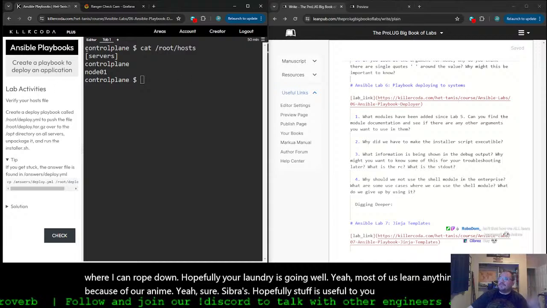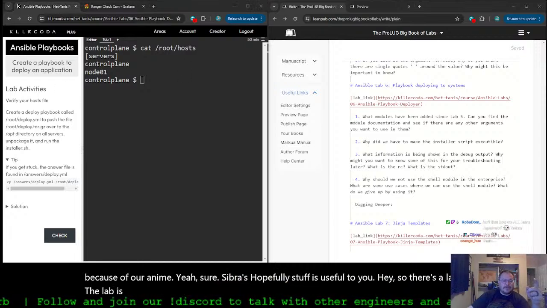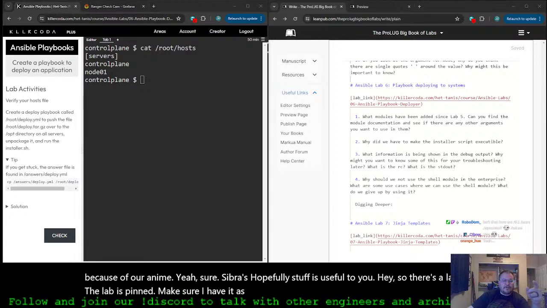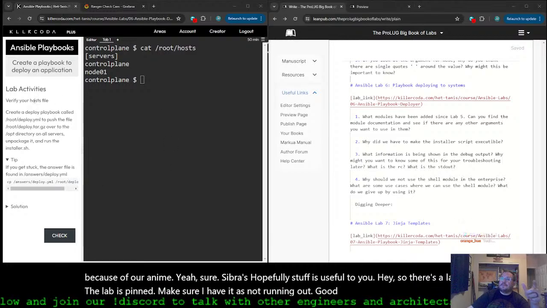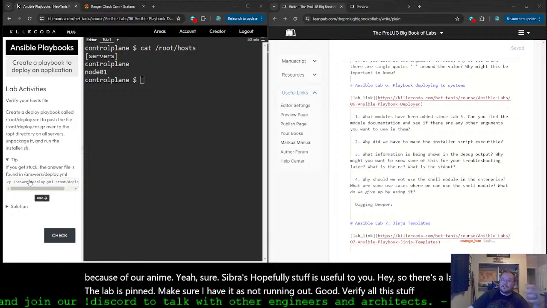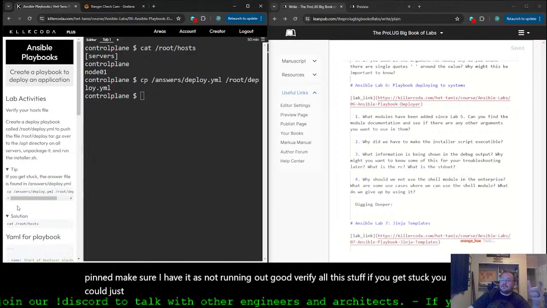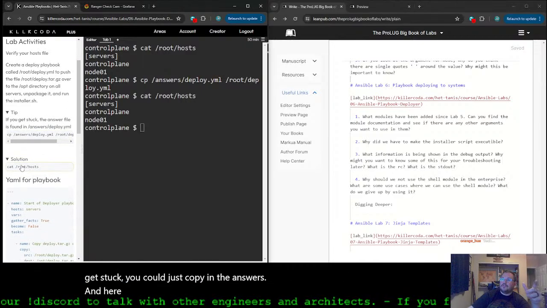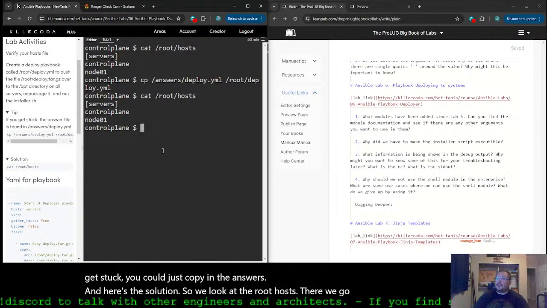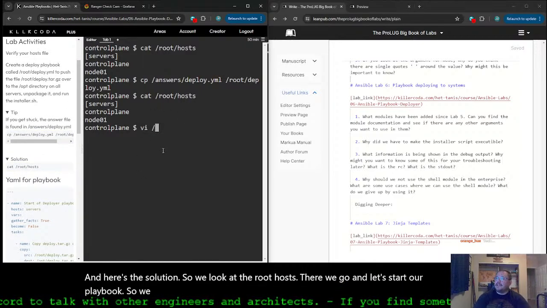Hey, so there's a lab. The lab is pinned. Let me make sure I have it as not running out. Good. Verify all this stuff. If you get stuck, you could just copy in the answers. And here's the solution. So we look at the root hosts. There we go. And let's start our playbook. So we'll vi answers root